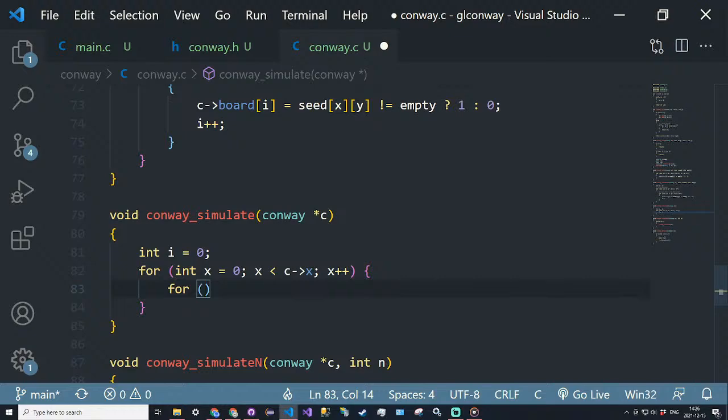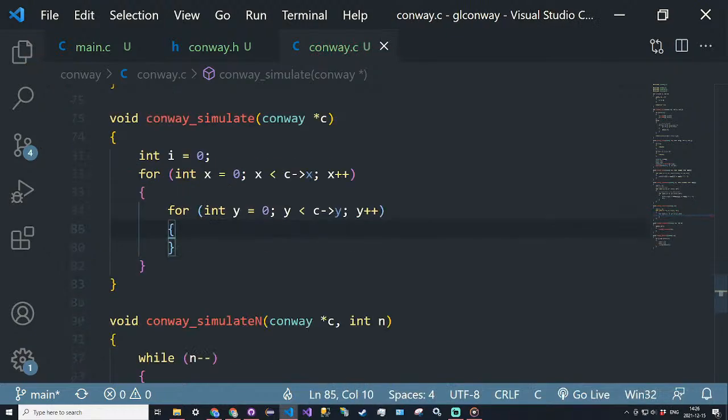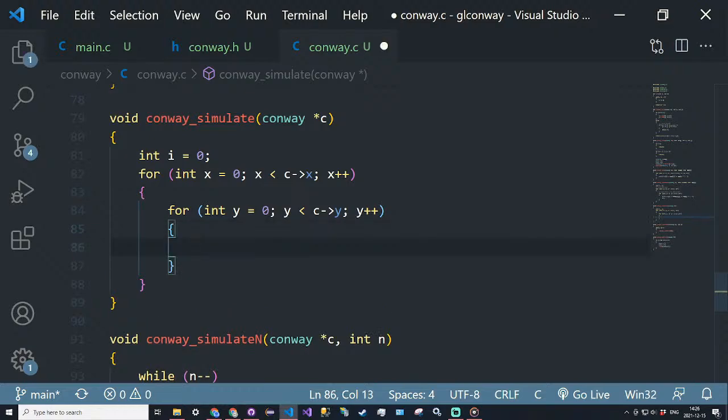So we'll iterate through each row, x going from 0 to c dot x, and then integer y is equal to 0, y is less than c dot y. So that's each row. And then we're first going to count the number of active neighbors. That's why we're iterating using our actual cell coordinates, the 2D coordinates instead of just the string index, because it's easier to find our neighbor indices just by counting this way. So we'll have a counter here, integer active neighbors